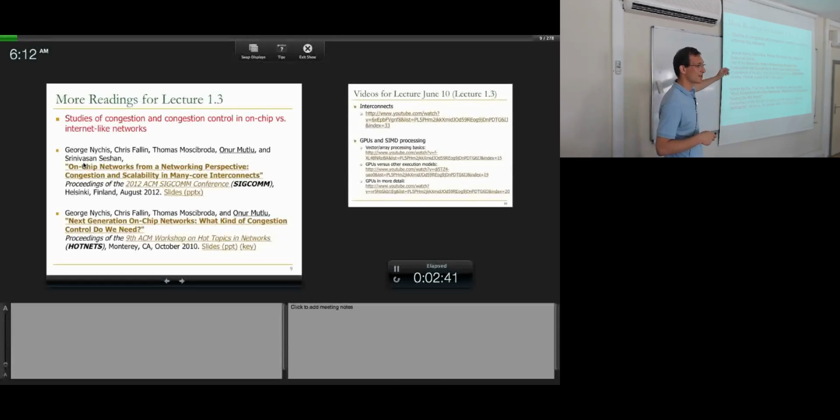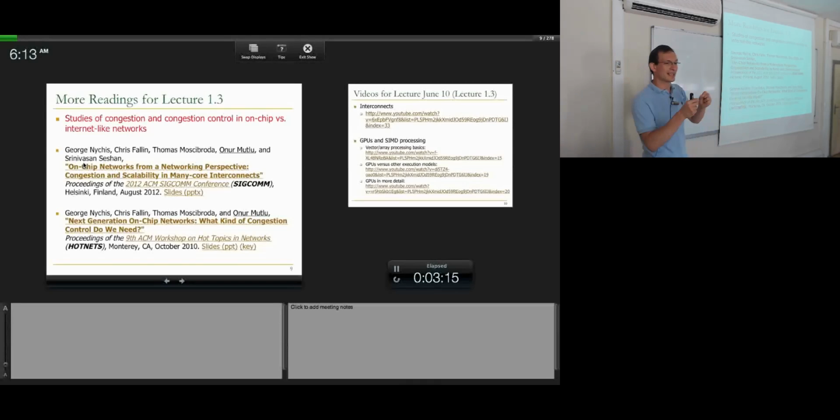I'm not going to cover these papers, but if you're coming more from a networking background and not hardware chip design background, we have a paper in SIGCOMM last year that talks about what are the differences between many-core interconnects as well as off-chip internet-like interconnects in terms of congestion and scalability behavior. And we cover buffering choices and congestion control choices that look at on-chip networks from a networking perspective. For example, one difference is